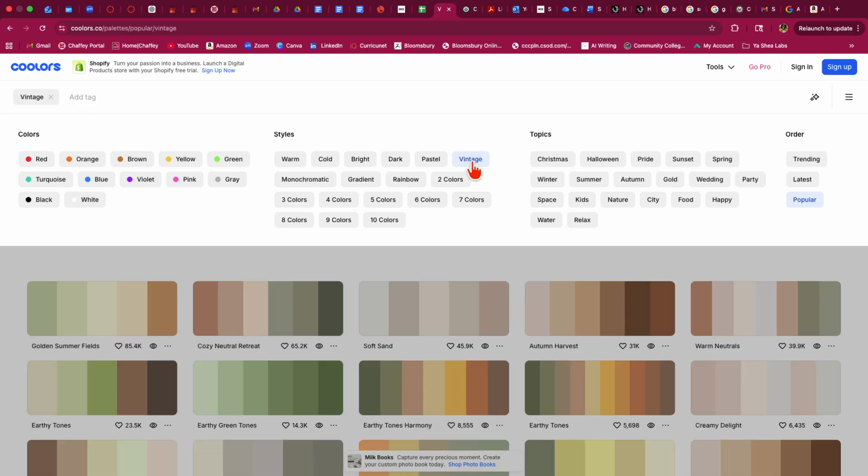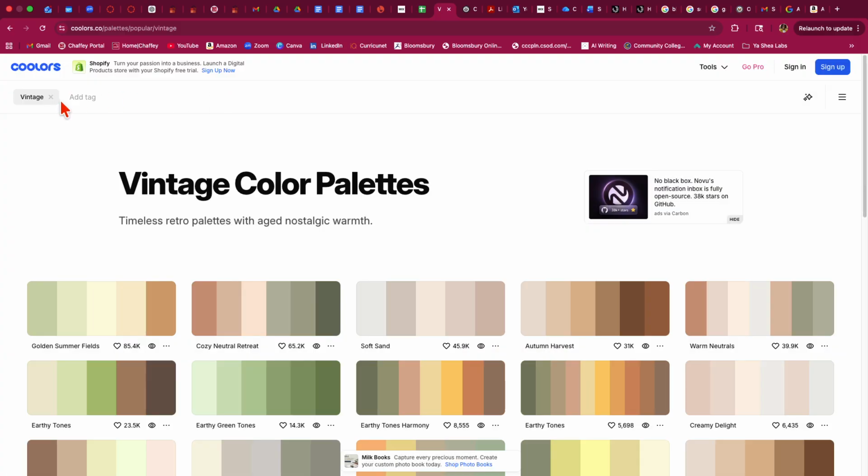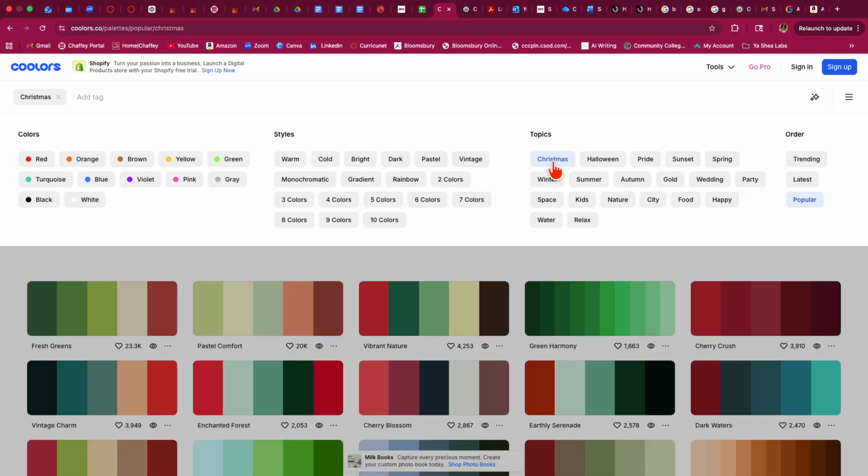I love this vintage version. Now it's a lot of pastels in here, but as we scroll, we see that there's some variation. Some variation here too. And then if we are looking for something more Christmassy,